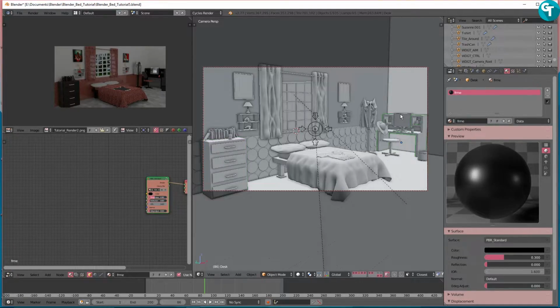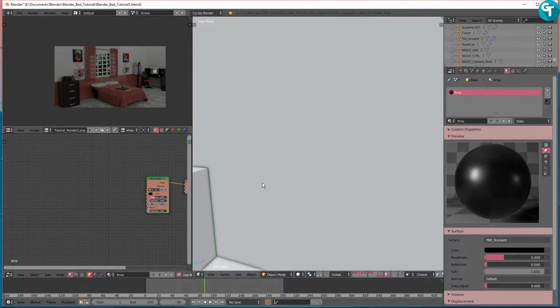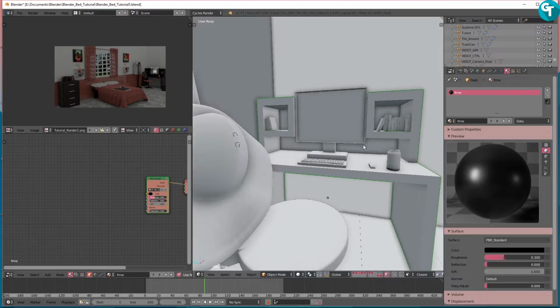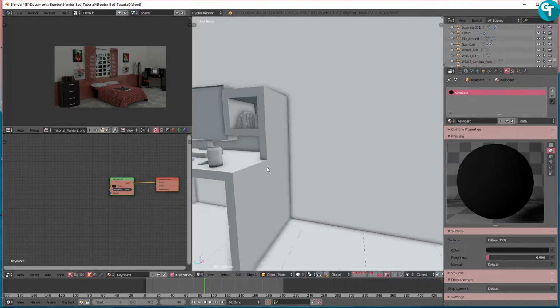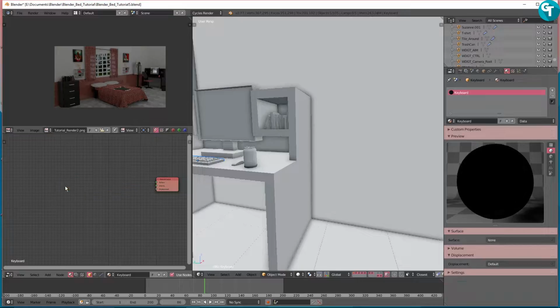Let me tab out of here, and let me go ahead, not tab, I press circle to get out of the camera. Let me go ahead and click on this, and like on the keyboard, it's a standard black diffuse shader, but we're going to go ahead and press X and delete that. I'm going to press Shift A, and add this PBR standard shader here,